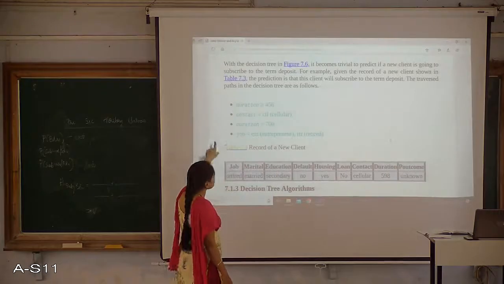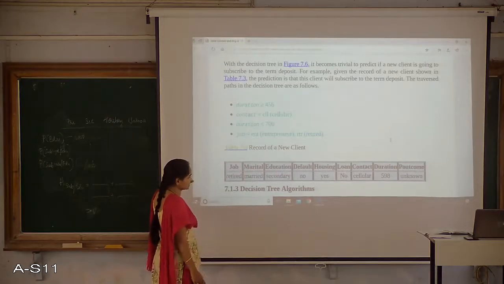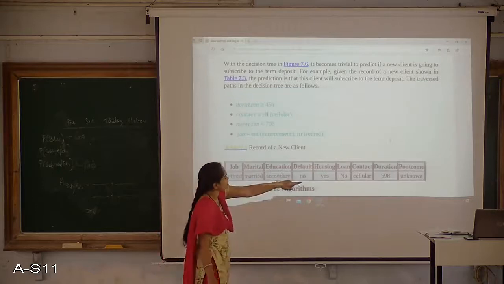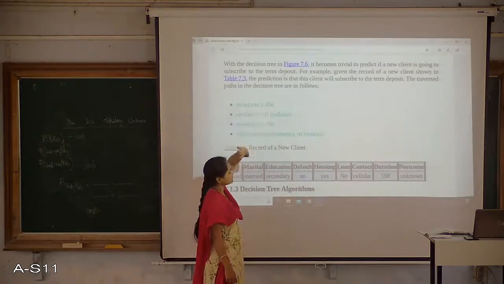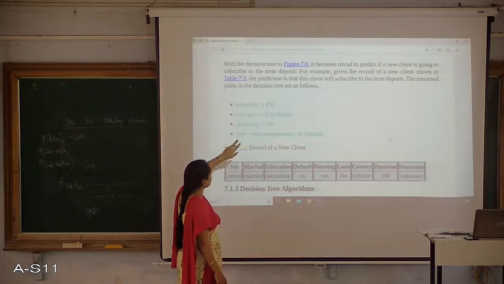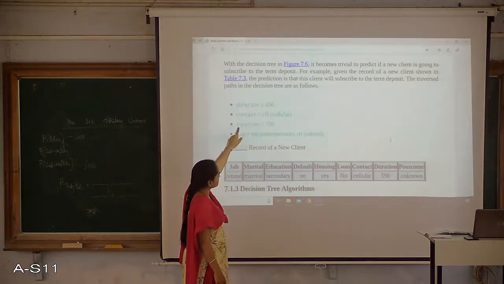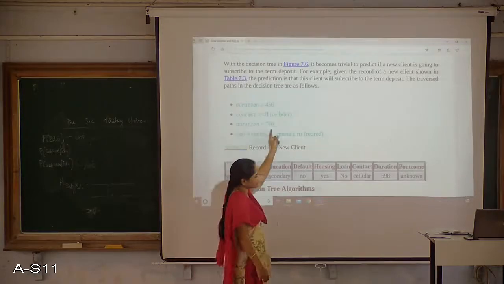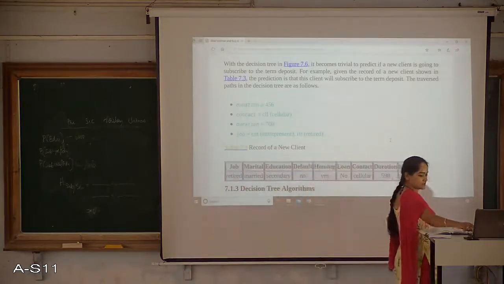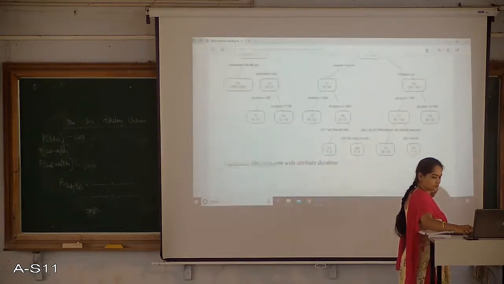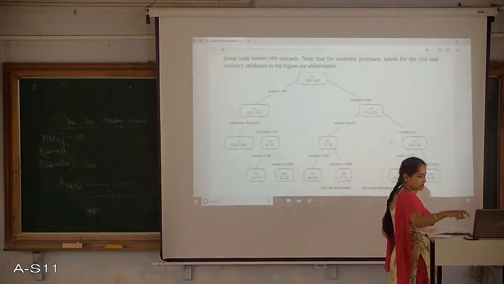So I will be checking with the tree structure here, right? I will be checking that the duration is greater than 456, the contact is cellular, right? Then coming to the tree, the first decision I am making here is the duration.